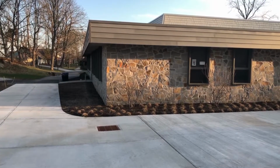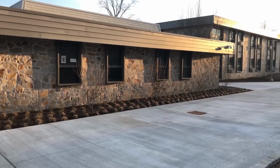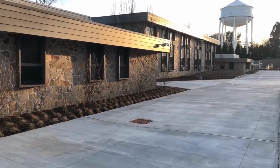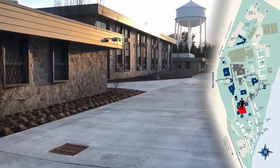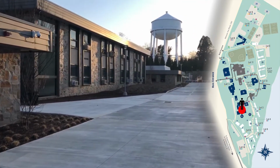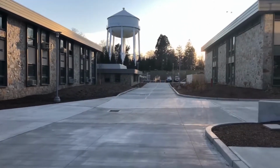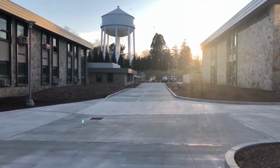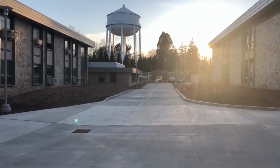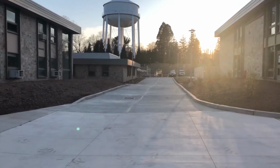This is our Feinstein College of Arts and Sciences. It's home to our forensic and legal psychology and forensic mental health counseling programs, as well as our School of Justice Studies. And the School of Justice Studies has a Master's of Criminal Justice. We have a Master of Science in Cybersecurity, as well as a Master of Arts in Cybersecurity. And the School of Justice Studies also offers a Master of Public Administration and a Master of Science in Leadership,